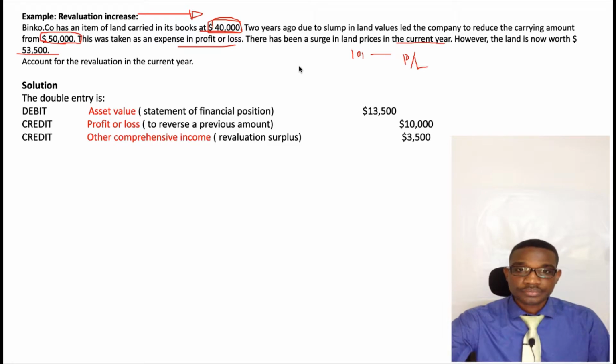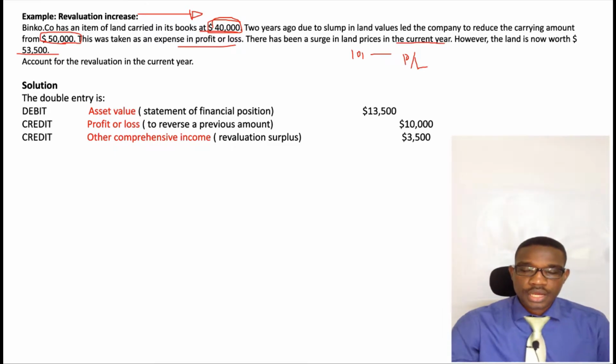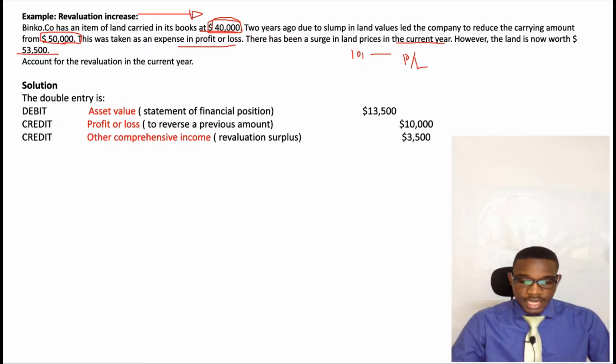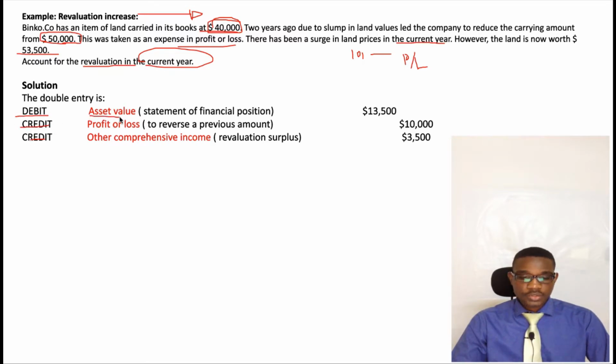This amount was expensed out in profit or loss. So now our asset value is 53,500. The question is, account for the revaluation in the current year. The solution is, the double entry is debit, credit, and credit. As we said, asset value will increase. Due to what? Because 53,500